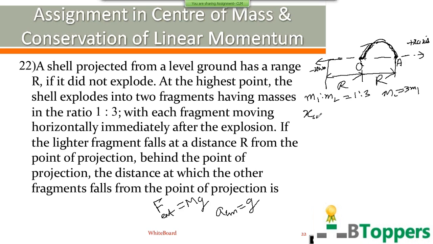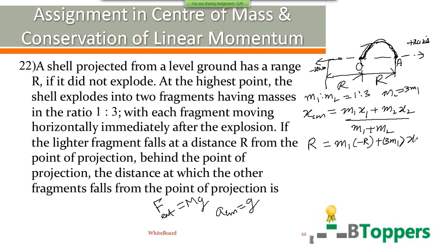Write the x coordinate of the center of mass of the system of the two bodies when both the parts have just landed on the ground: (M1 x1 + M2 x2) / (M1 + M2). When both the parts have reached the ground, the x coordinate of the center of mass is equal to r. x1 can be written as minus r, because the first part falls behind the point of projection at the same distance r on the negative x-axis. M2 you can write as 3 times M1. Now, to find x2 here,